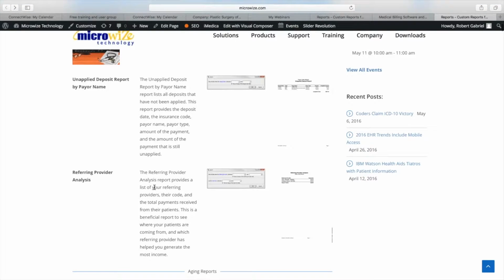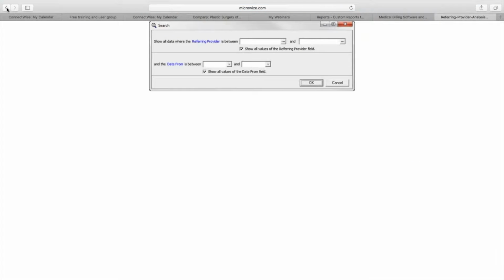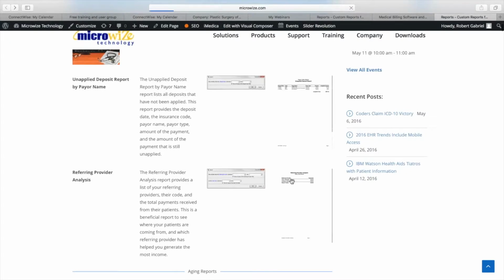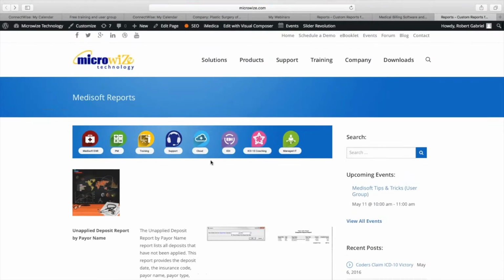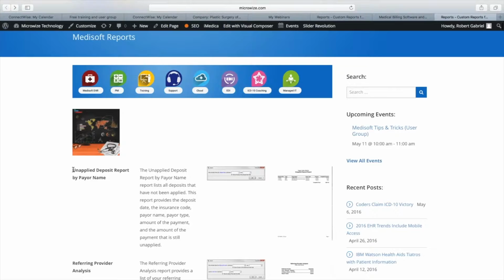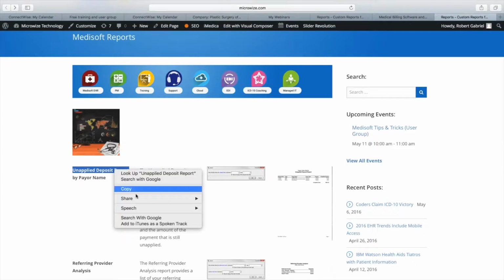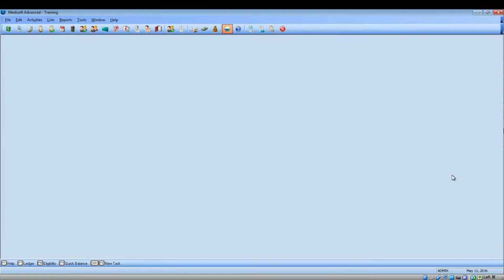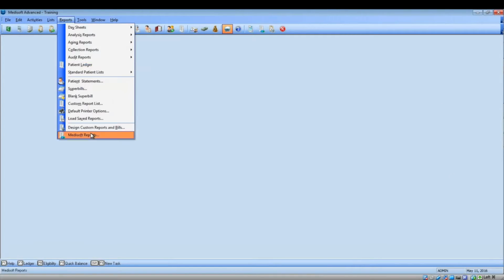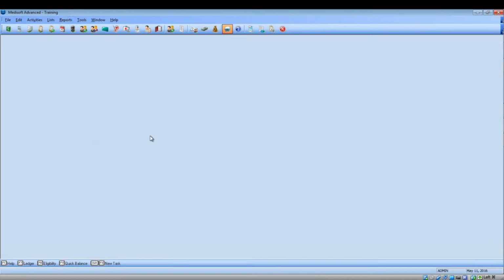Each report here has the description of the report, the filter for the report, and the output for the report. So let's say I'm looking for the unapplied deposit report. If you go inside Medisoft, I'm going to show you from inside here. If I go to Medisoft Reports, this section here,